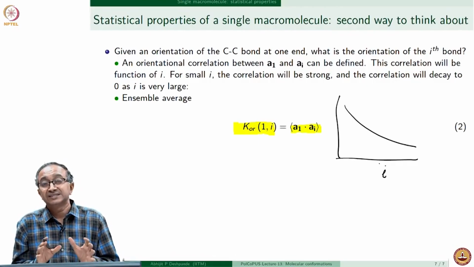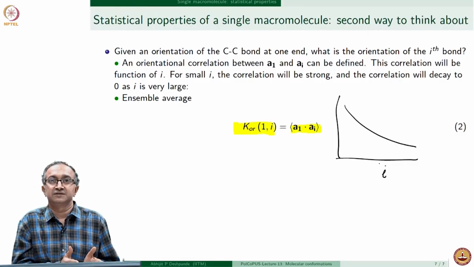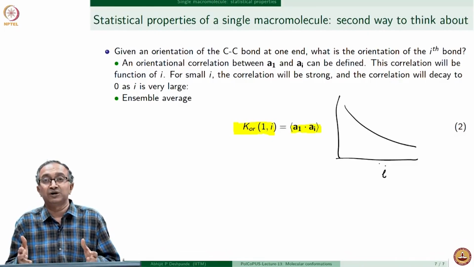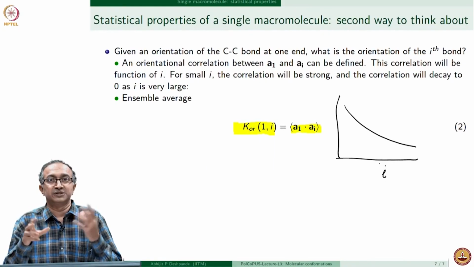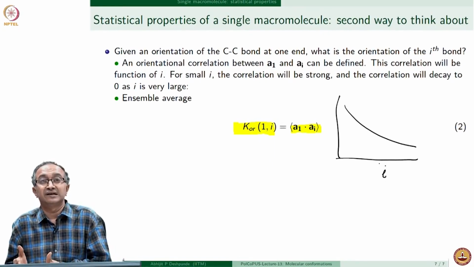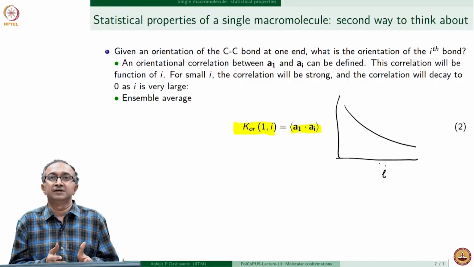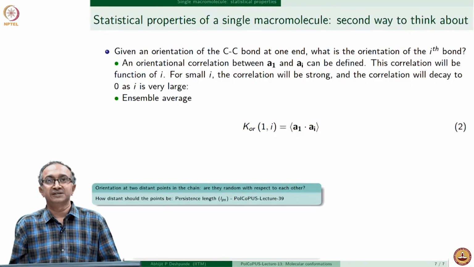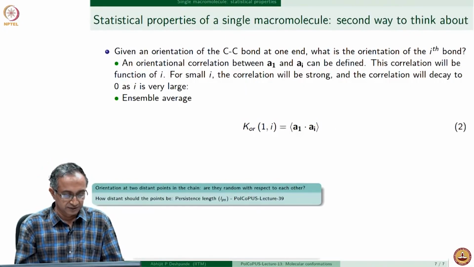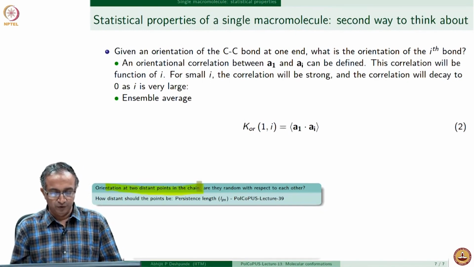So in this lecture, what we have seen is conceptually how conformations make a macromolecule a dynamic object, in which case conformations keep on changing, and because of this, statistical quantities have to be used to describe the conformational state of a macromolecule. So one other important thing that you need to remember is that since orientations at two distant points